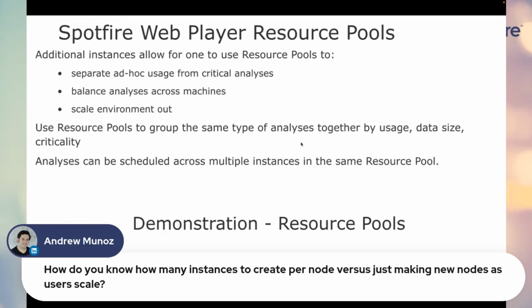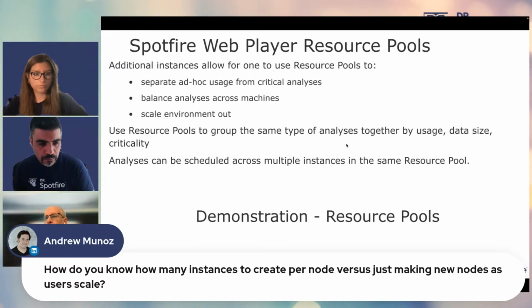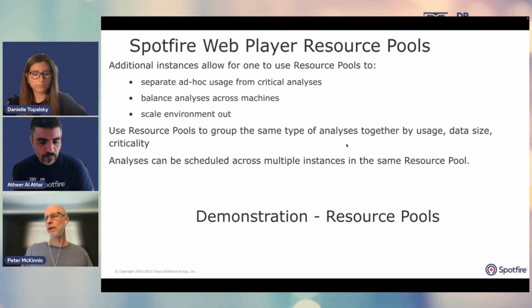So yeah, that goes back to this. Typically, if a node has greater than 64 gigs on it, you can put another instance on that node. If the web player node itself has a lesser amount of memory, like 48 gigs or something, then one instance is probably fine on there. But if you get up to like 128 gigs, it's better to have multiple instances of web player on there, because then it can handle the memory management better.